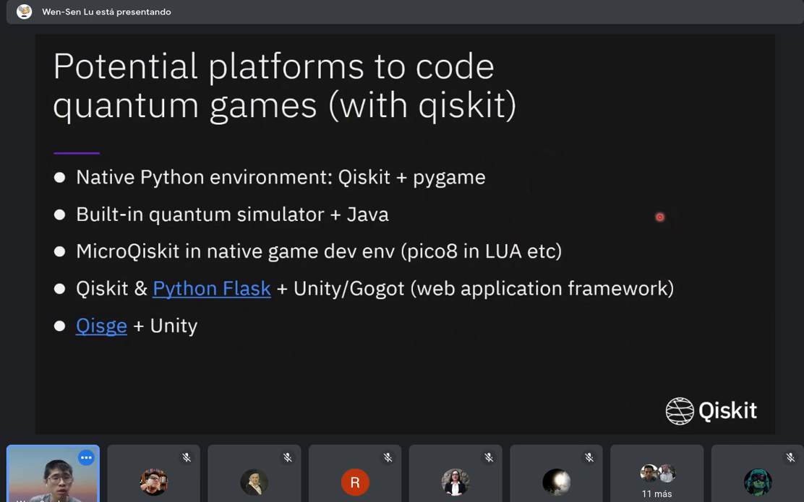And the second alternative is that some developers have their own JavaScript quantum simulators, and as a result, they can write JavaScript games with a built-in quantum simulator in JavaScript. Sorry, and the third option is the one that I'm currently working on,